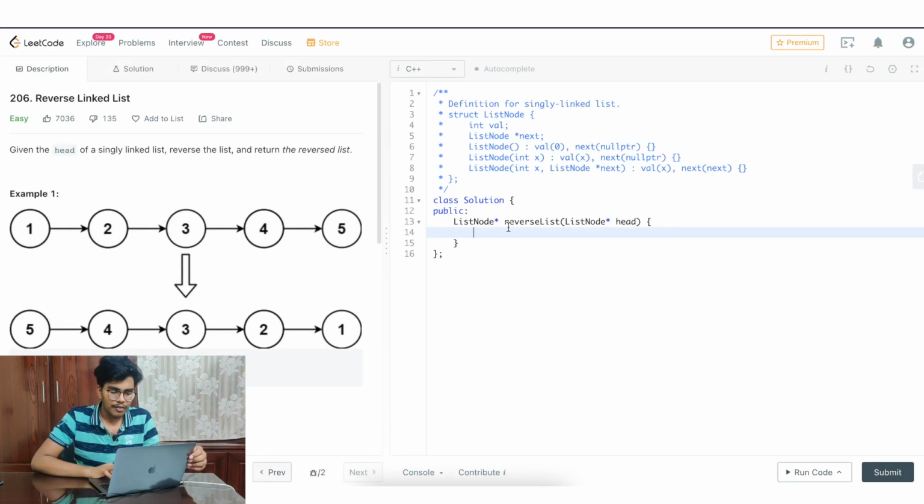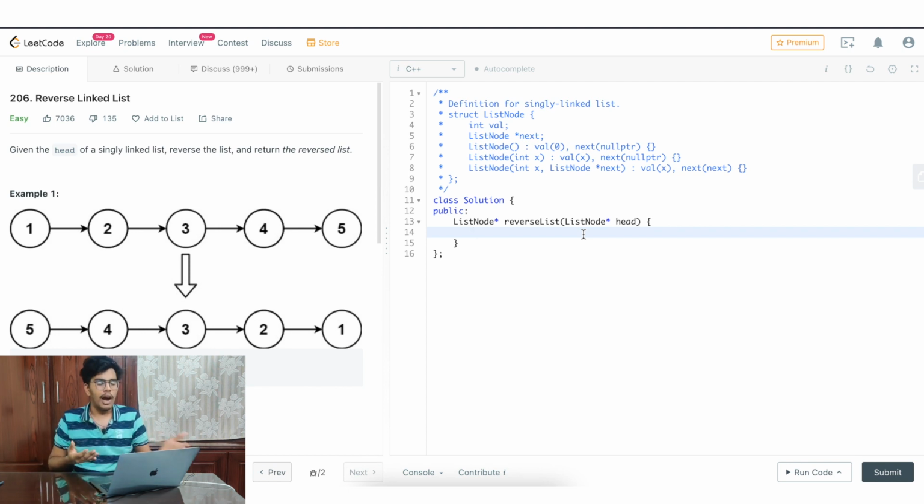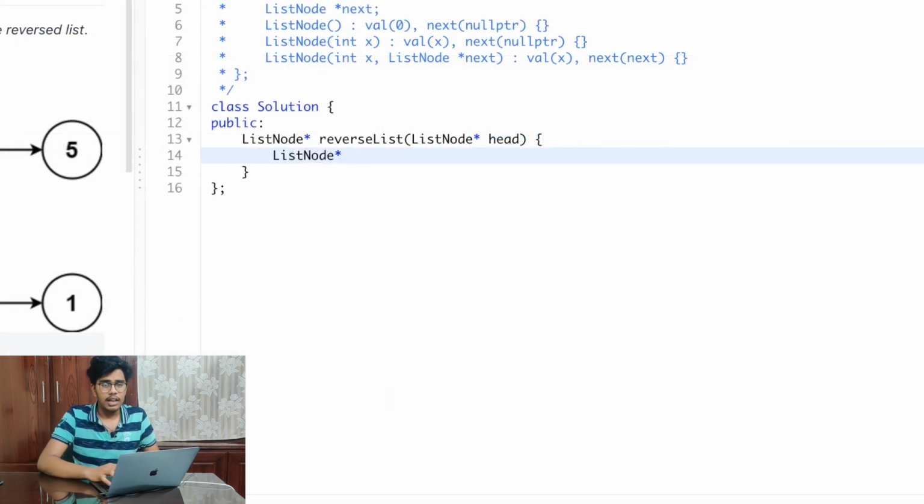Yeah, so we are given a function which will return a list node. The function name is reverse list, which will be taking the head as input, and we have to return the node that will be the new head for the upcoming output linked list, and we have to make sure we'll use no space. So initially, let me declare the node pointers, the current, forward and previous. You can declare cur, prev and forward, or you can declare the whole current, previous and forward, but for simplicity let me declare only C.